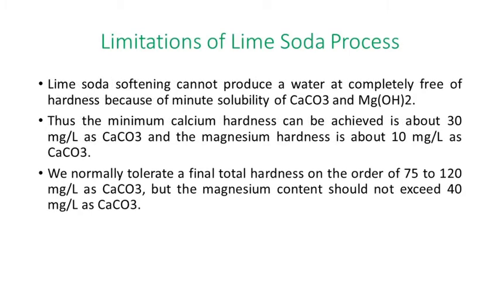Now, the limitations of this process. The lime soda process has some advantages and some disadvantages. So what are the advantages of the lime soda process? The first one is that the pH value of treated water is increased, so the problem of corrosion is reduced. That is one of the advantages. Next, a smaller quantity of coagulant is needed, the coagulant used for the removal of solids, because during the lime soda process we add lime as a coagulant. So that's why the need for a large quantity of coagulant is reduced.